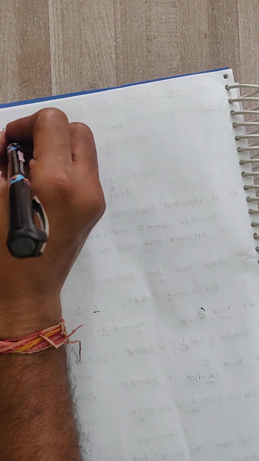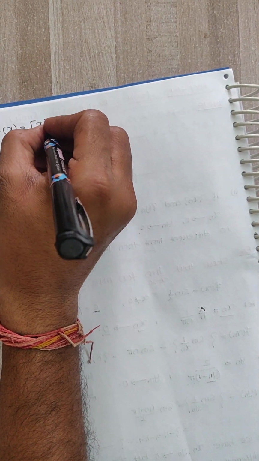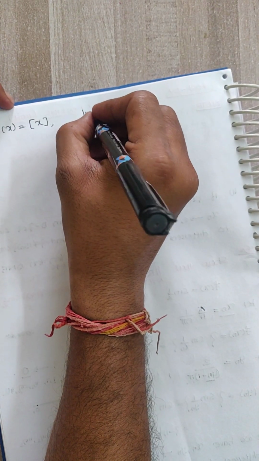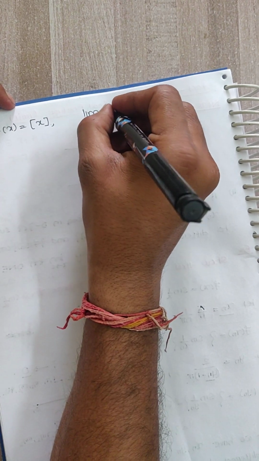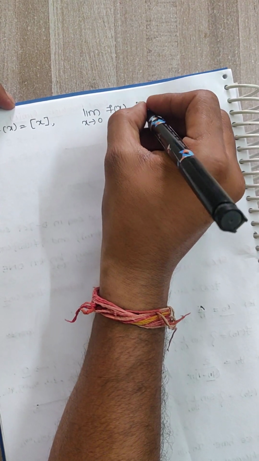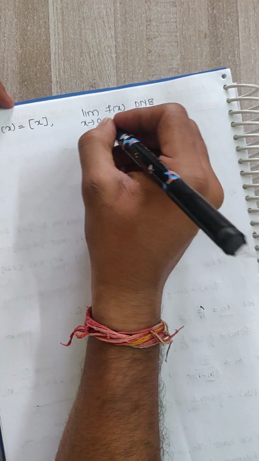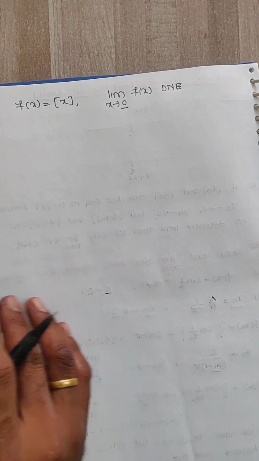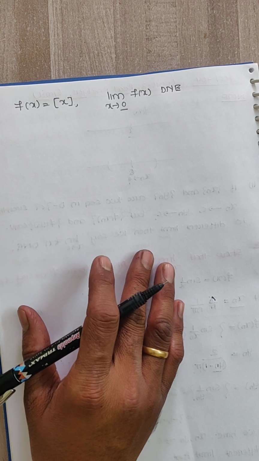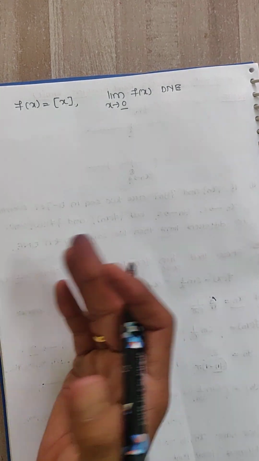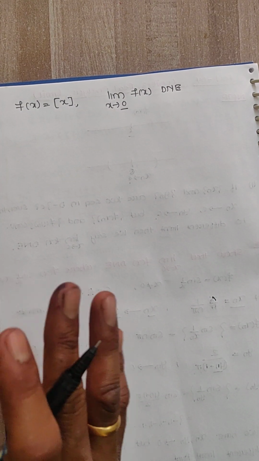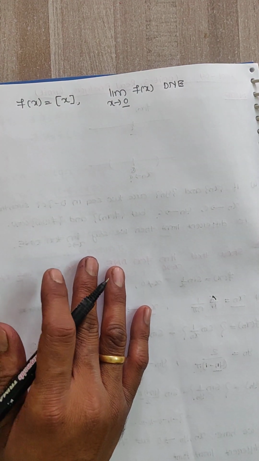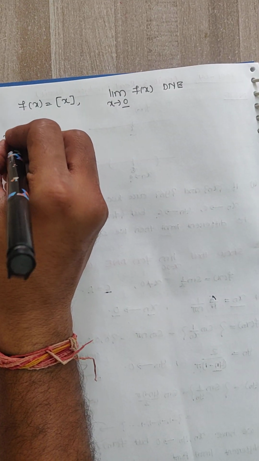f(x) equal to bracket x, so that limit x tends to 0, f(x) does not exist. Not only about 0, this limit does not exist at every integer. So I have taken 0, I can take 1, 2, 3, okay. So again I will take a sequence x_n is equal to